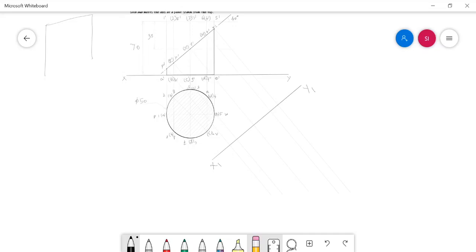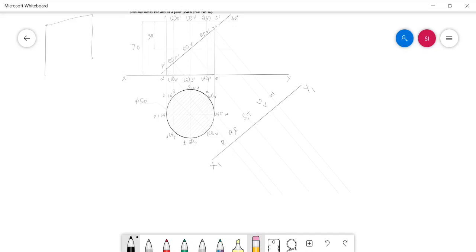Now we have to mark the cut points in their respective projector. For your understanding purpose, I am noting them here. That is, this projector is for the point P, and that projector is for point Q and R, and this one is for S and T, and here it is for U and V, and finally it's for W.